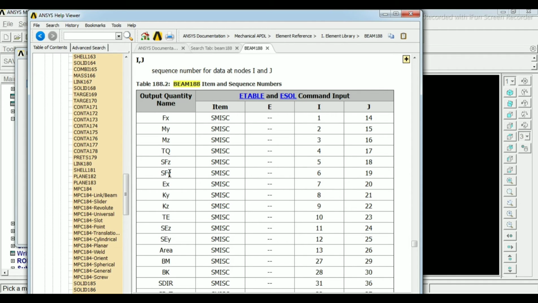Shear force in the y direction has I and J values of 6 and 19 for plotting the shear force diagram. So these four values we have to enter: 3, 16, 6, 19. Then click on close.